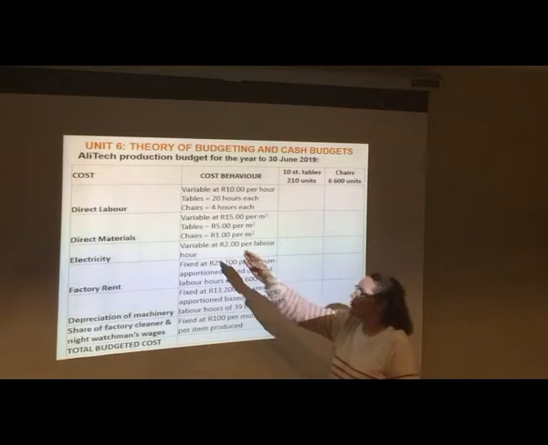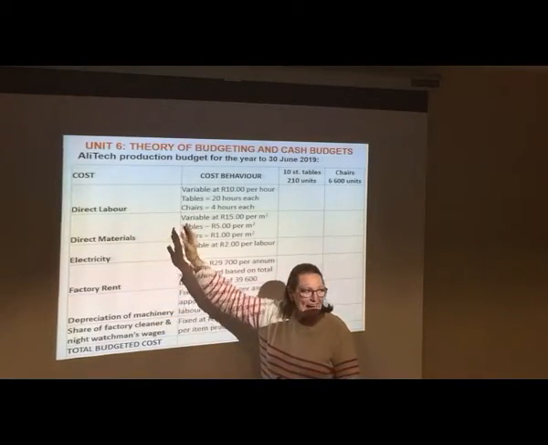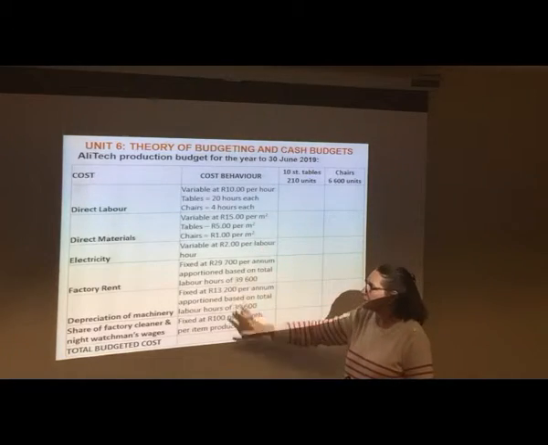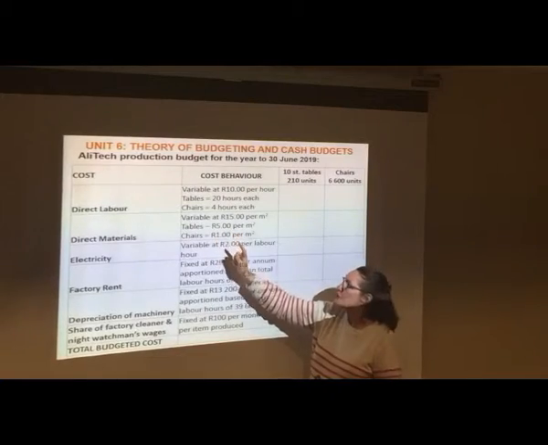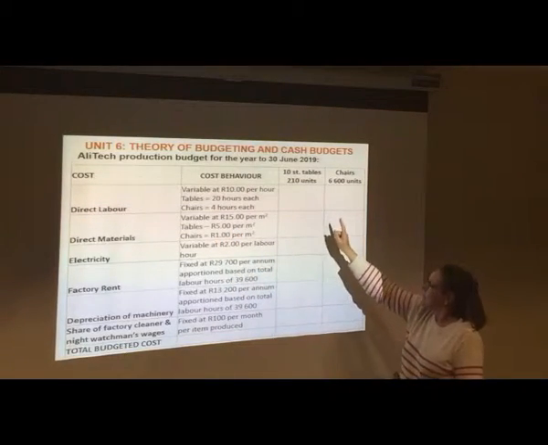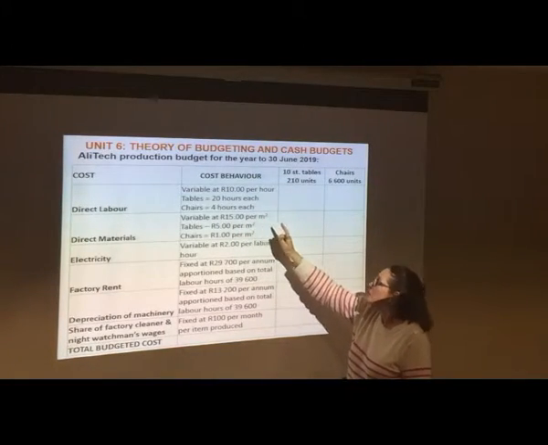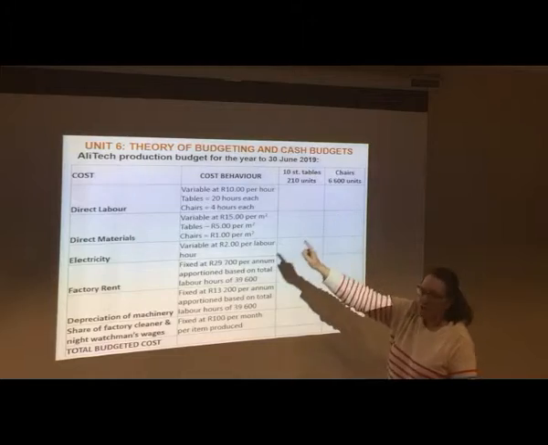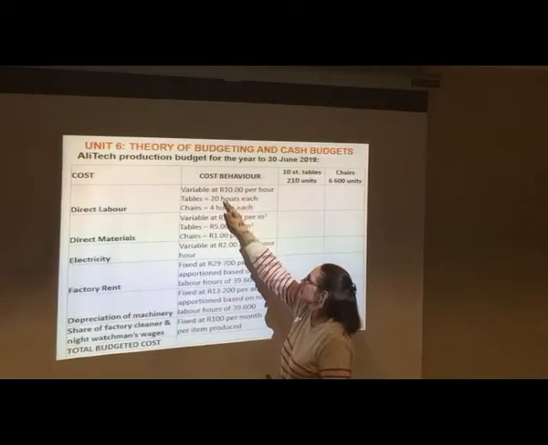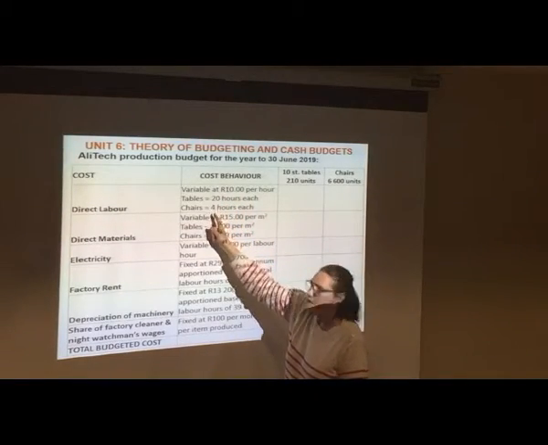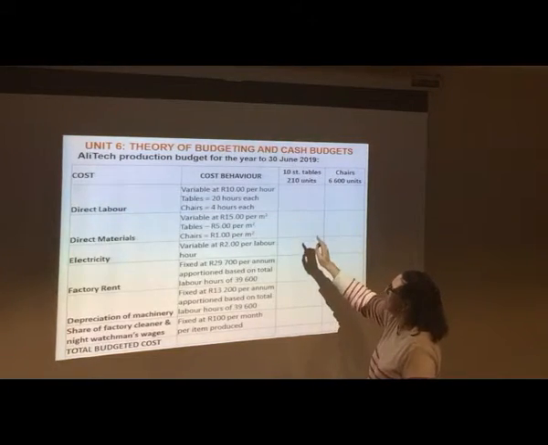Now we need to go through all the different components of the tables and the chairs and allocate the cost for these different components to production based on the cost drivers. Okay, so the first one, each table takes 20 hours and labor is 10 Rand an hour. So for the tables here, our direct labor is going to be 210 times 10 Rand times 20, because each unit is 20 hours. And then we're going to do the chairs one based on the 4 hours.